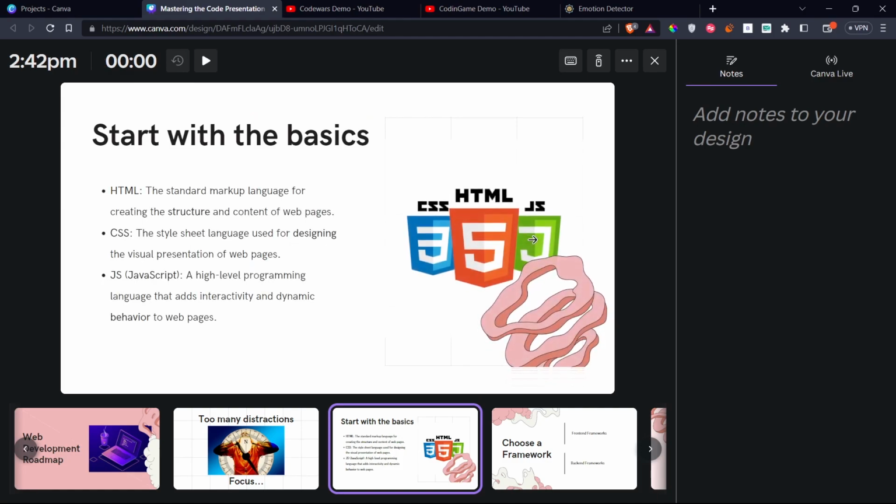These three languages are the ones which are never going to go away in web development, and the trifecta are HTML, CSS, and JavaScript. In simple terms, HTML defines the structure of the website, the skeleton. CSS defines the styling of the website, and JavaScript defines the behavior of the website. Like when you press a button, should your form or data be sent to the server, etc.